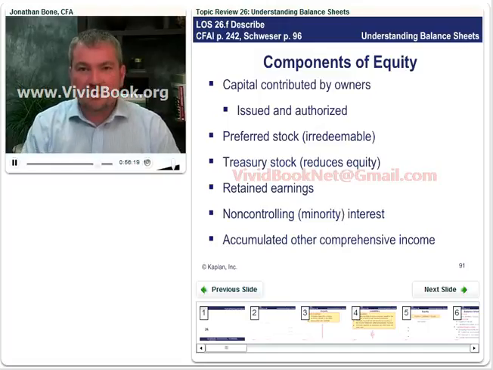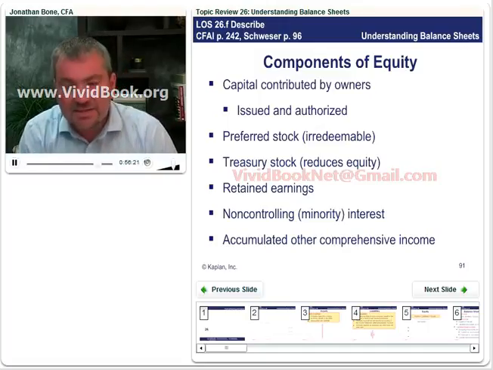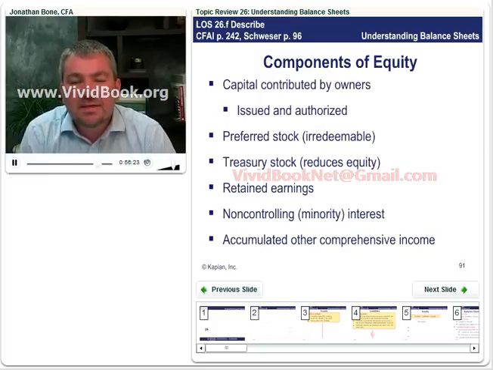Components of equity; describe, says our LOS, describe the components. So first of all, we have contributed capital by owners. Okay, so this is the common stock at par value. And we're going to show the issued, so what the company has actually issued out there at par value, and